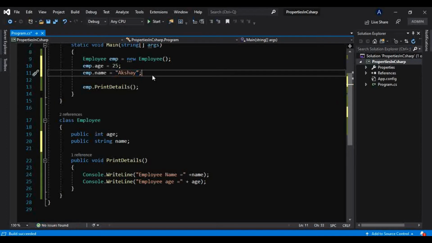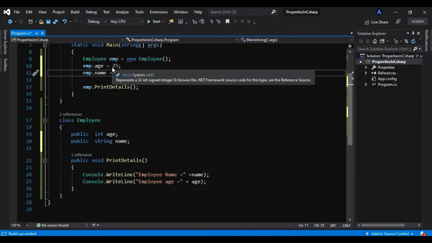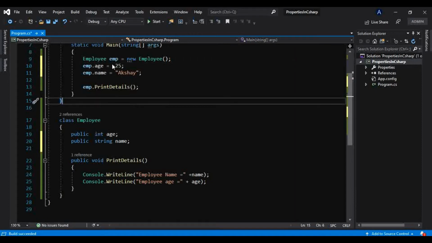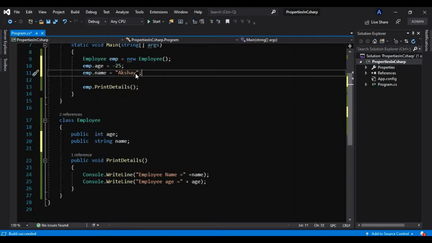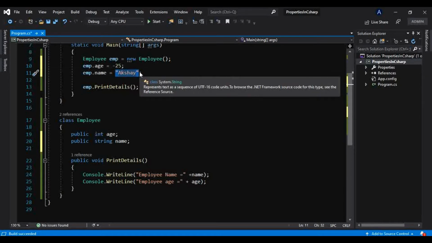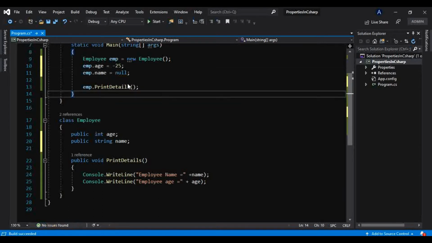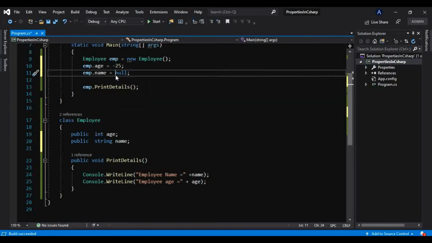Now it is working, but again there is one problem in this also. As soon as you make your user initialize these fields, you are giving full control to the user that he can initialize anything if he wants. What if he initializes your age to something like -25? Is it throwing any error? No. And what if he has initialized name to null? Can't he do that? Yes, he can do that, and no error will be thrown here because we know we can provide null to a reference type, and we know string is a reference type.